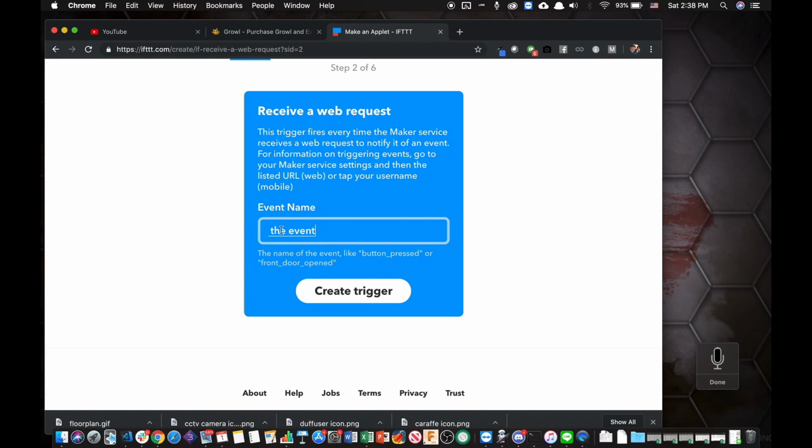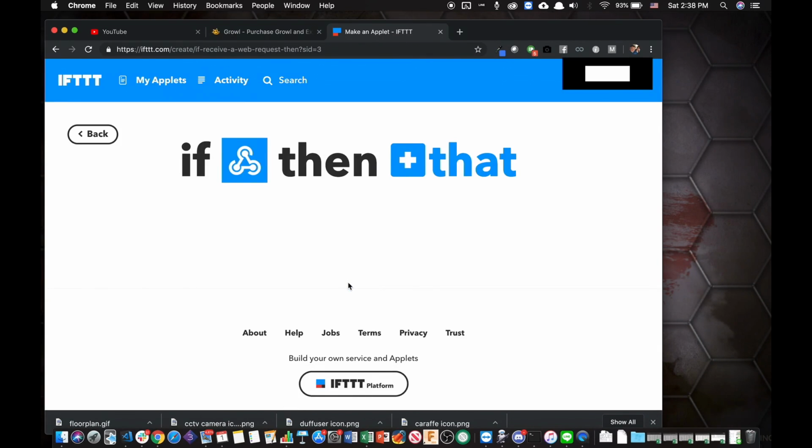The event name would be, turn on the corner light. Create the trigger. I gotta spell things properly. Okay, create the trigger. Now that's set. So if the webhook receives turn on the corner light, then we're going to click that, and